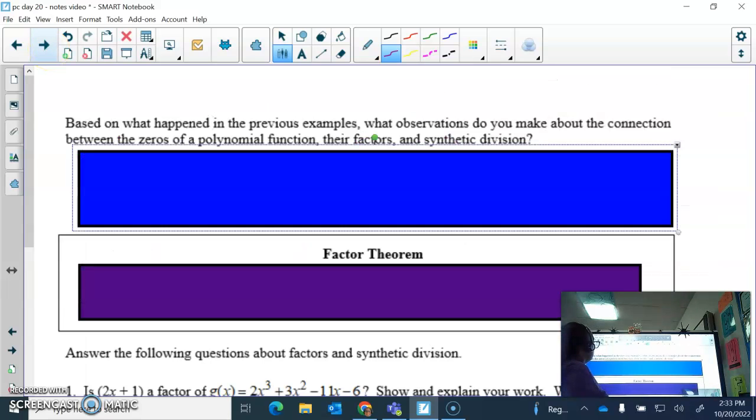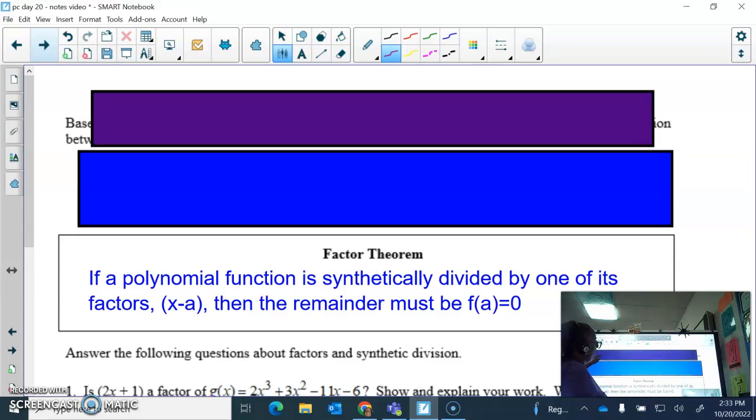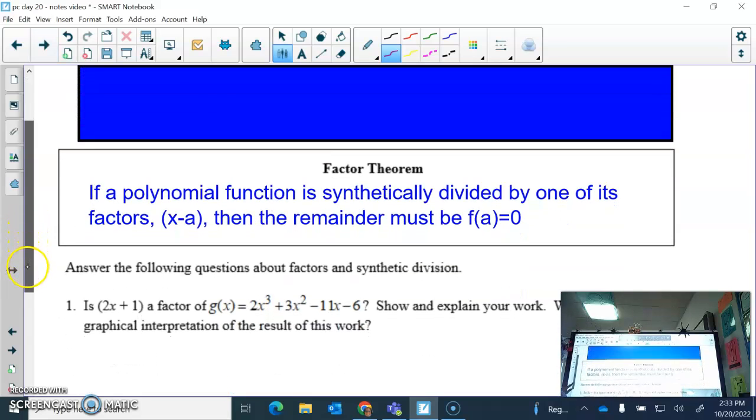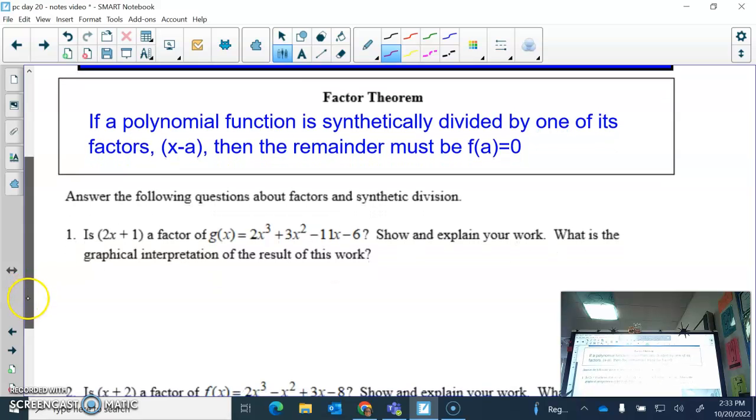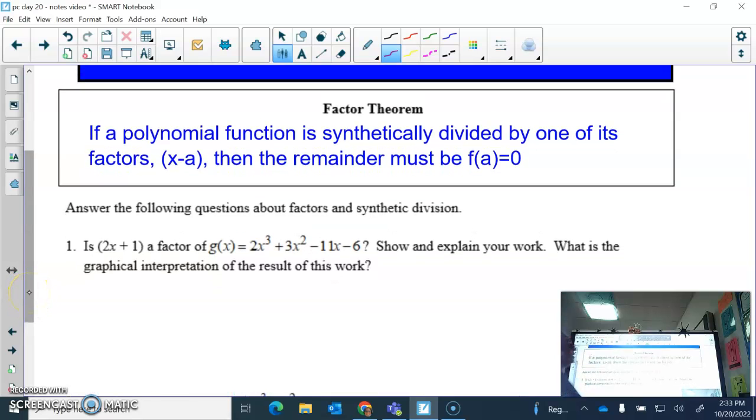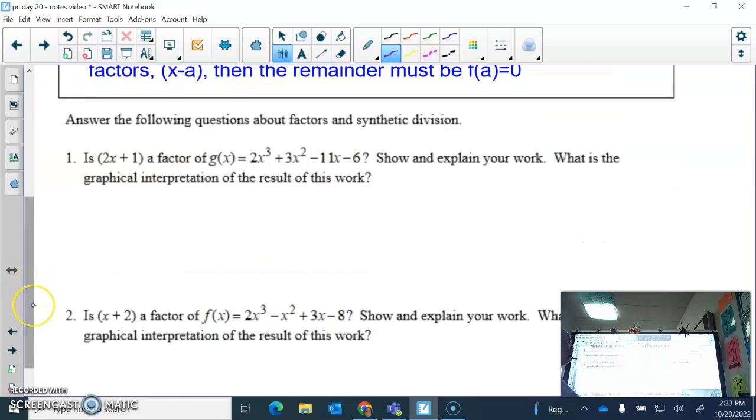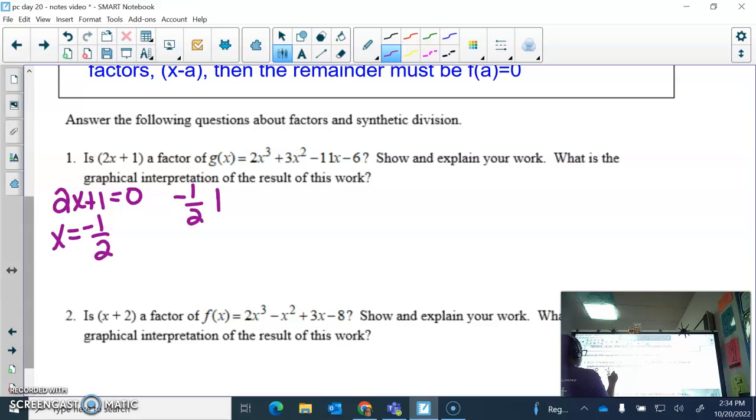Let's talk about the factor theorem. Here's the factor theorem. If a polynomial function is synthetically divided by one of its factors, x minus a, the remainder must be 0. So now you're going to get a question like, is a certain expression a factor of another expression? And what you're going to do is take that factor, set it equal to 0, synthetically divide, hold on a second,